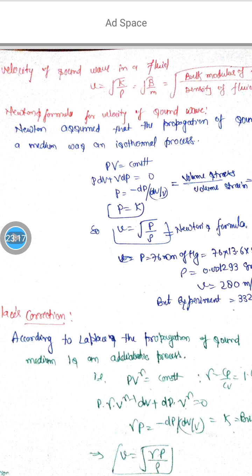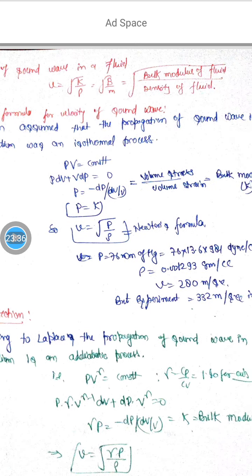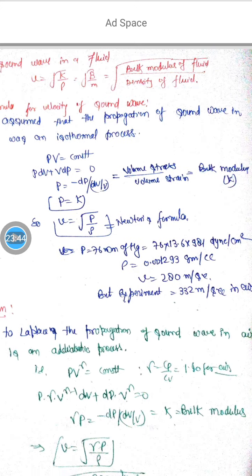So he used the isothermal process equation, that is PV equal to constant, and he got that the bulk modulus of the medium is equivalent to the pressure of the medium. So V is equal to root P over rho. As we know, the pressure measured in mercury is 76 cm of mercury. So he calculated and got the value of 280 meters per second. But experimentally they know that the velocity of sound is 332 meters per